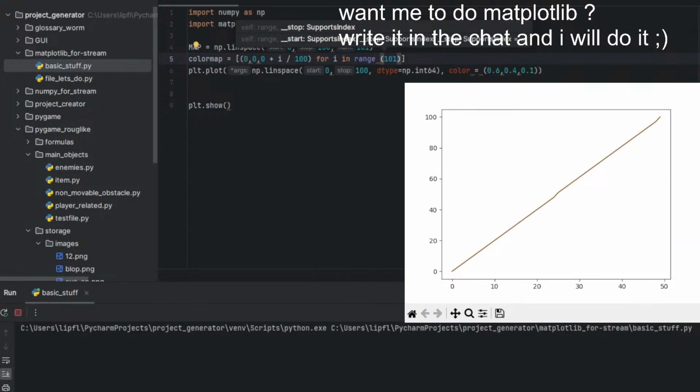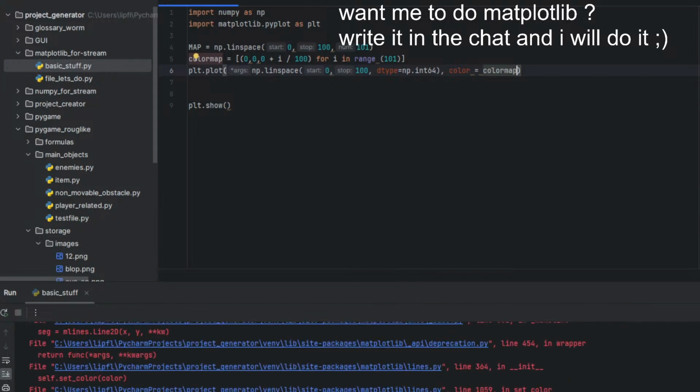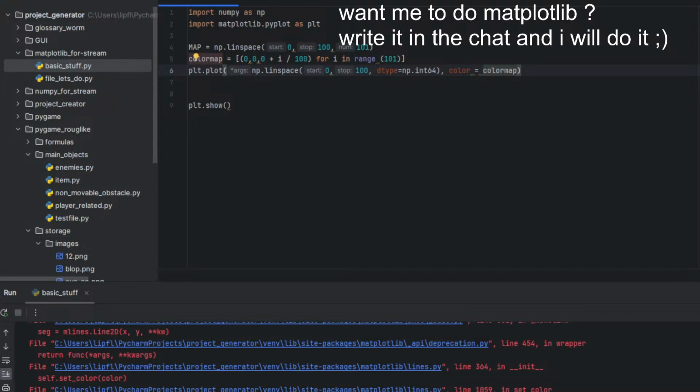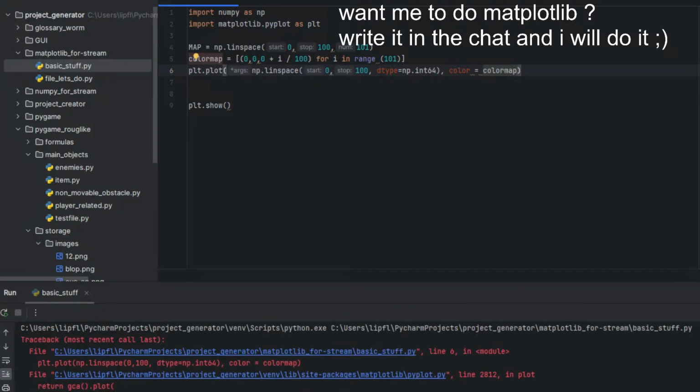Okay, now if we have a CMap like this, color map, does this work? No. Value error. Okay, so maybe you use a CMap. Ah, okay.